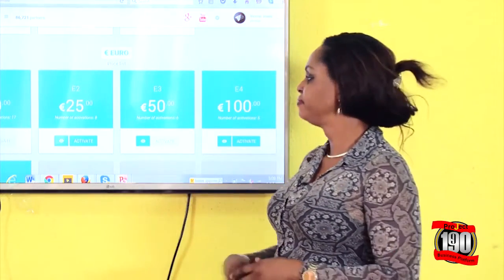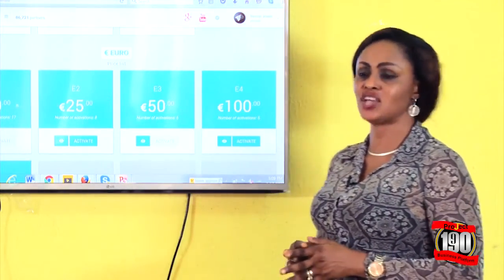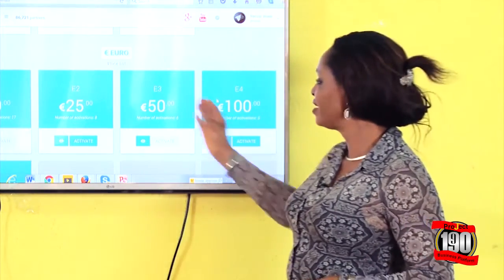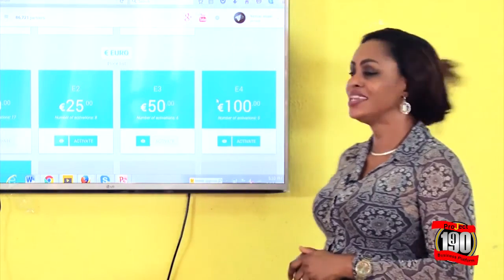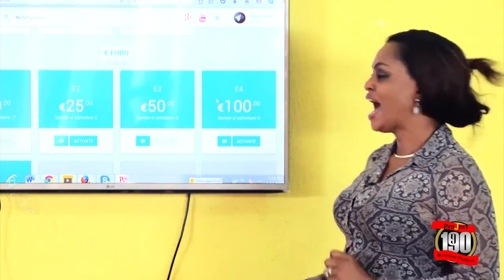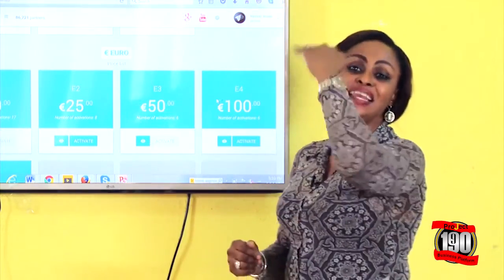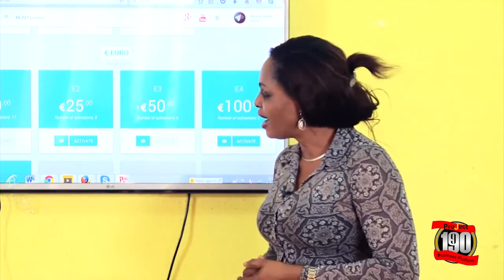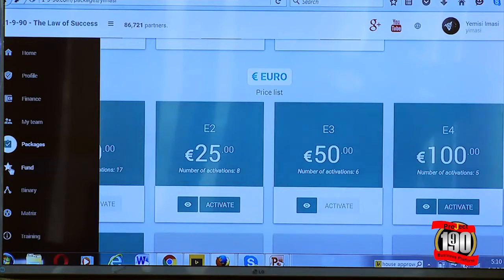Peradventure you're on the 10 euros package, and you want to activate your 100 euros package, all you need to do is to buy 100, 50 and 25 euros. That is 175 euros you need to pay for, and you will be activated and elevated to where you should actually be. All right, the next ones, font, binary, and matrix, you don't really need them so much,